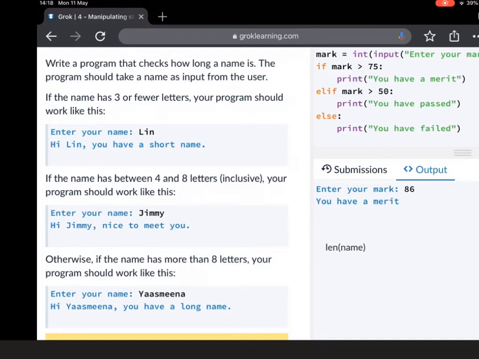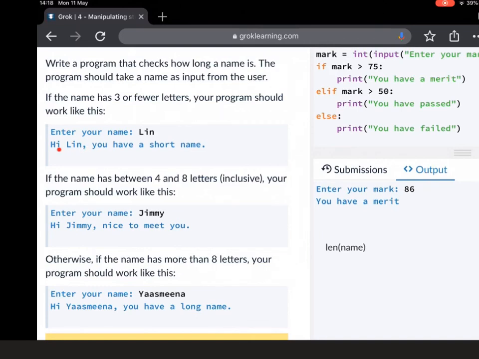So to recap, you're asked to enter a name, okay, which is a little bit like an input there. Don't use integer. Enter a name, then check for that 3 or fewer, 4 and 8, more than 8 is going to be this part here. So you're checking there. You'll have an else at the end,